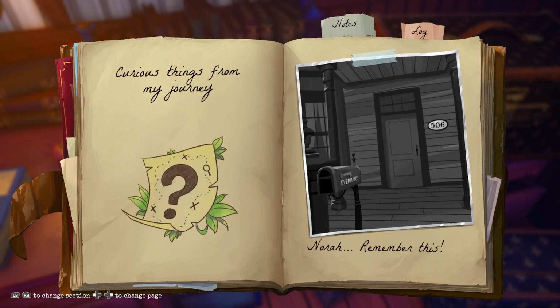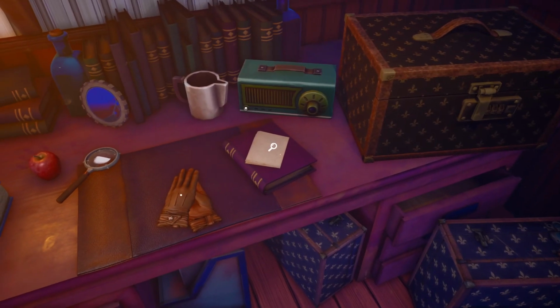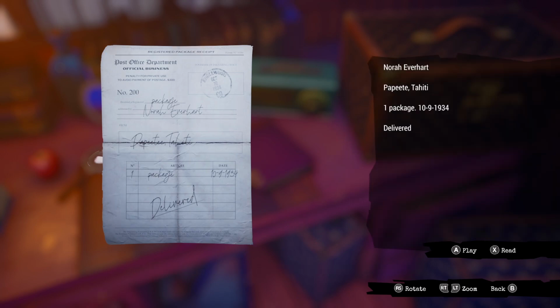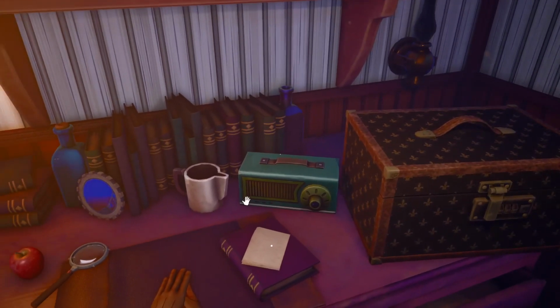Got a little picture there. That's pretty cool. Alright. So, let's look at this receipt. I received a mysterious package at my house. I stored all its contents in my locked suitcase. So we got Norah Everhart, PBT Tahiti, one package, 10/9/1934, delivered. So is it November? I mean, is it October 9th or September 10th? I know some places like to